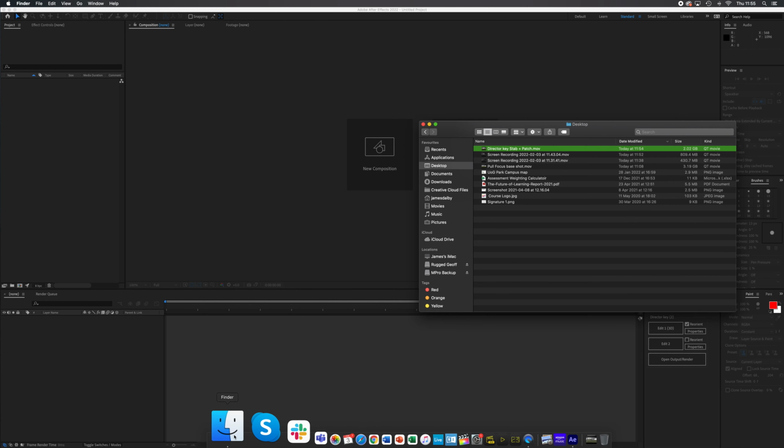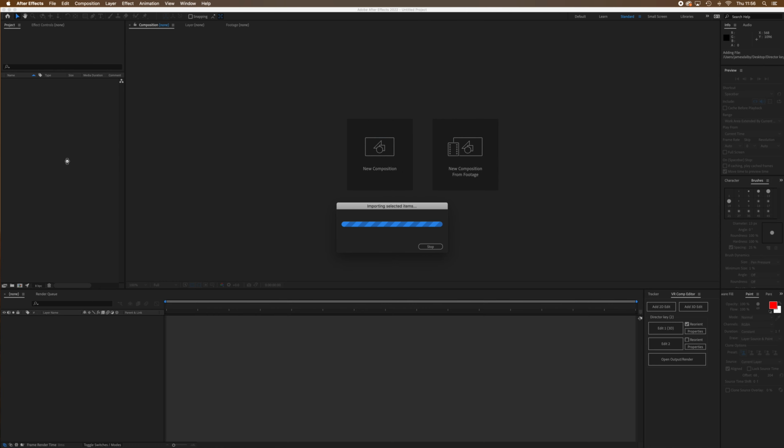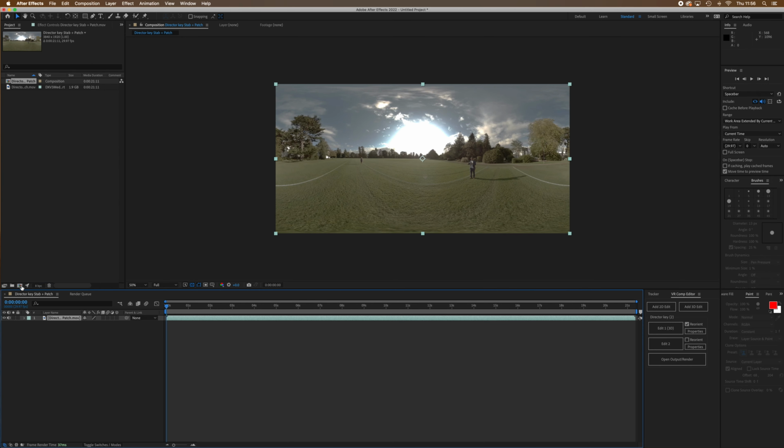So what we're going to do now is take this direct-to-key stabilized patch that we literally just made in the previous video, drag this into our project, and pull that down onto our new composition symbol. Okay, and so here we are, here's our comp with our tripod etc. patched out and all nice and stabilized, ready to go. But the next thing we need to do, of course, is get rid of this guy,